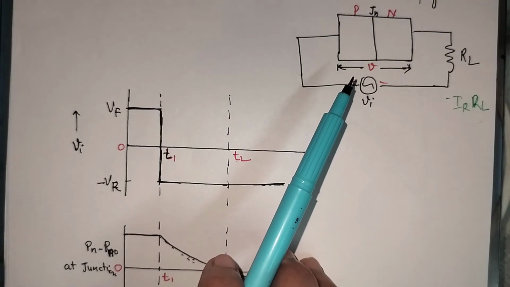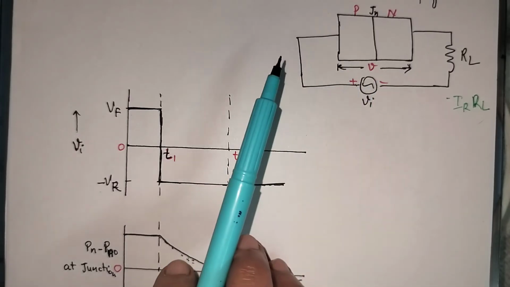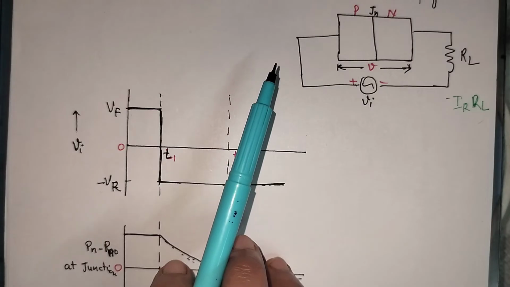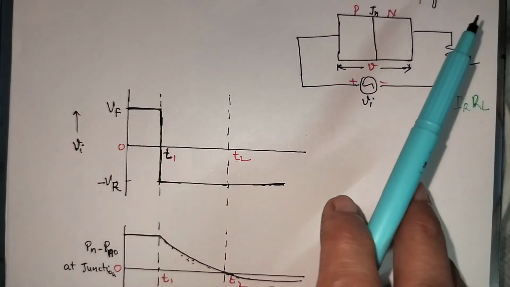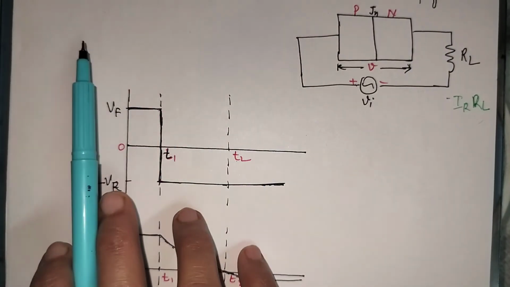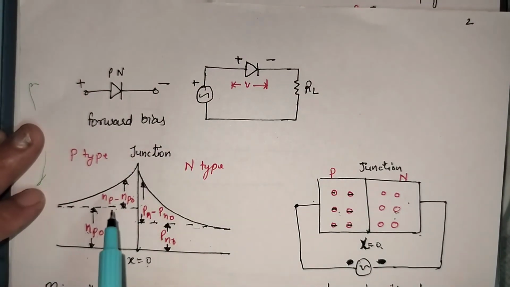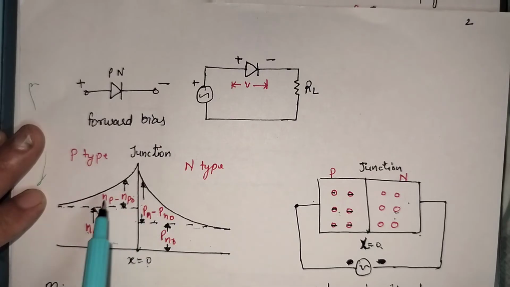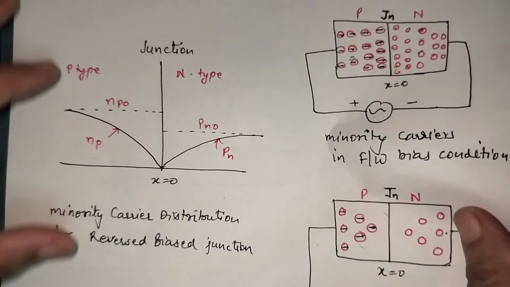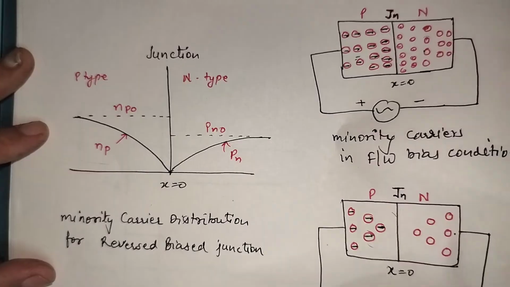Now consider a situation when a diode carrying a current in the forward direction is suddenly reverse biased. In this case, the diode current will not fall to steady state, meaning the reverse saturation current will not come instantly, because the minority carrier distribution has to change from the forward condition to the reverse condition. During the forward condition, the excess minority charge carriers are stored in the P region and in the N region. These must be removed to bring the diode to reverse condition. Meaning in this situation the distribution must be like this in case of reverse biasing.